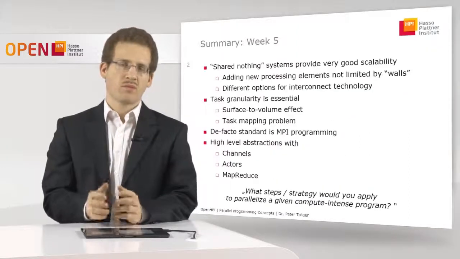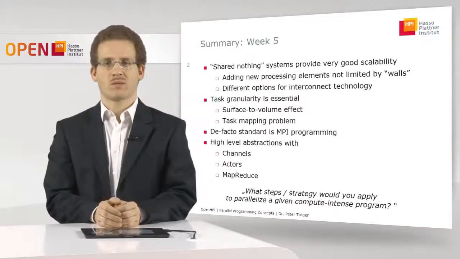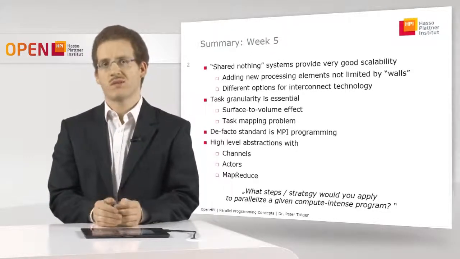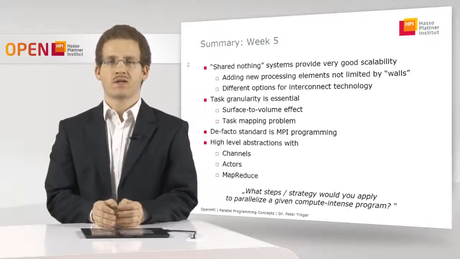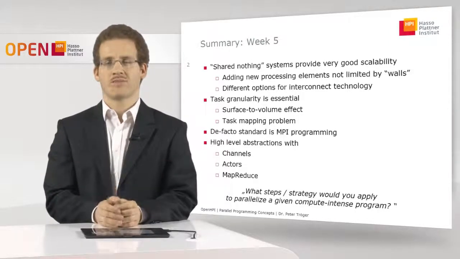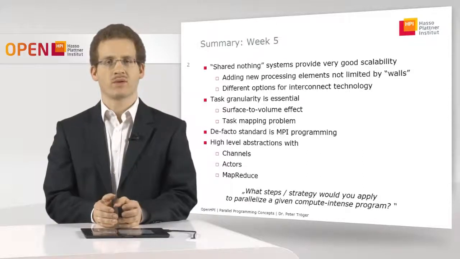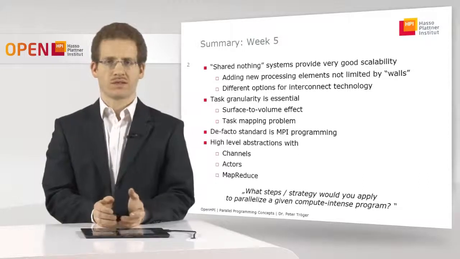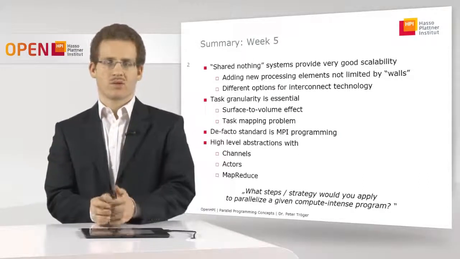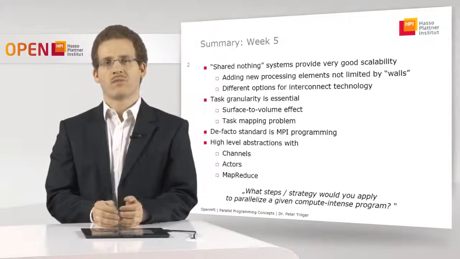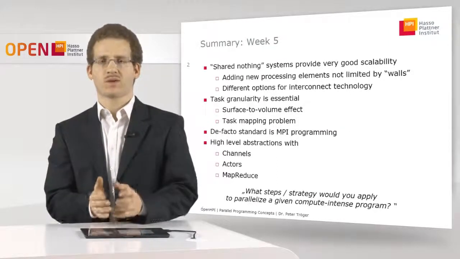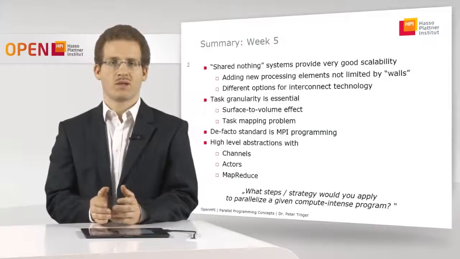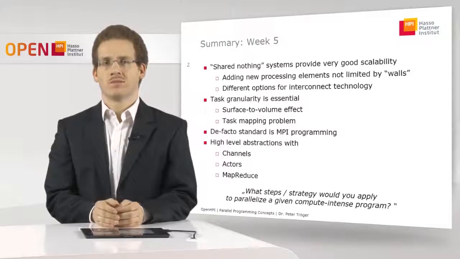If you remember what we talked about in the last week, in week number 5, then this was basically about shared nothing systems or distributed memory systems as they are sometimes called. And shared nothing systems have some unique characteristics. The main relevant point is that the interaction of parallel tasks in a shared nothing system relies on messaging. And this reflects in the programming models such as MPI, but also in the general way of how we structure the software in order to get speed up by parallelization or maybe scale up in order to compute a larger